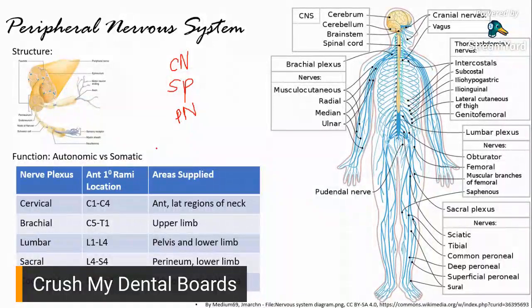Okay. So what else? What do I want to share regarding this slide? The peripheral nervous system, you would encounter, as you're reviewing, you would encounter nerve plexuses. Ano ibig sabihin dun? It's just a group of nerves intersecting with one another.